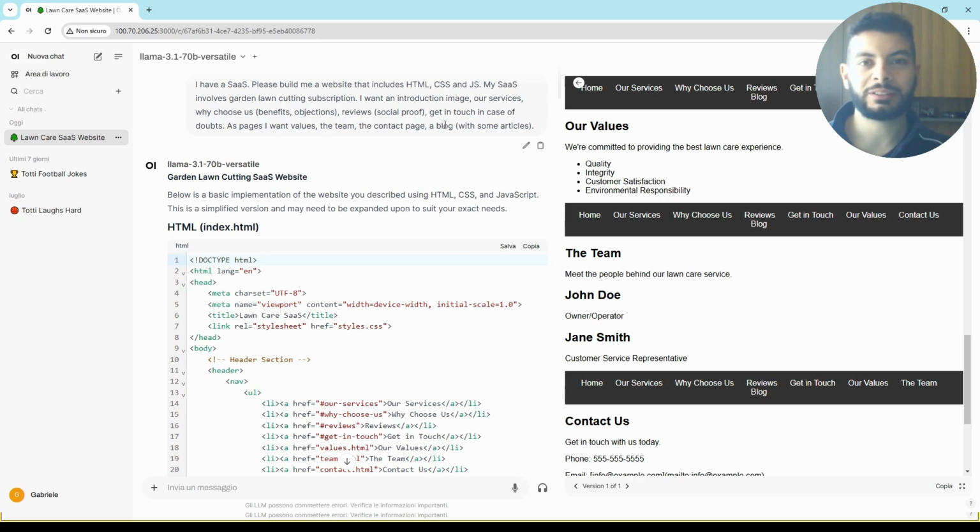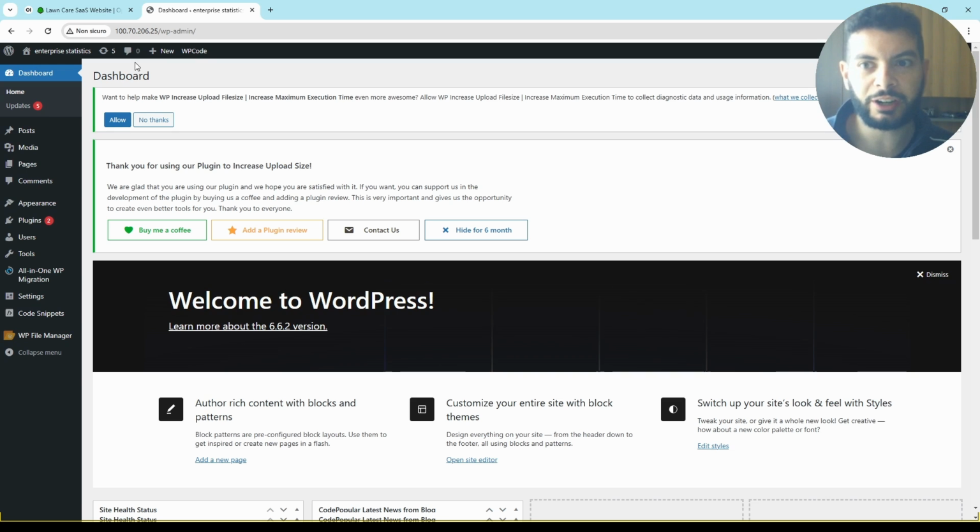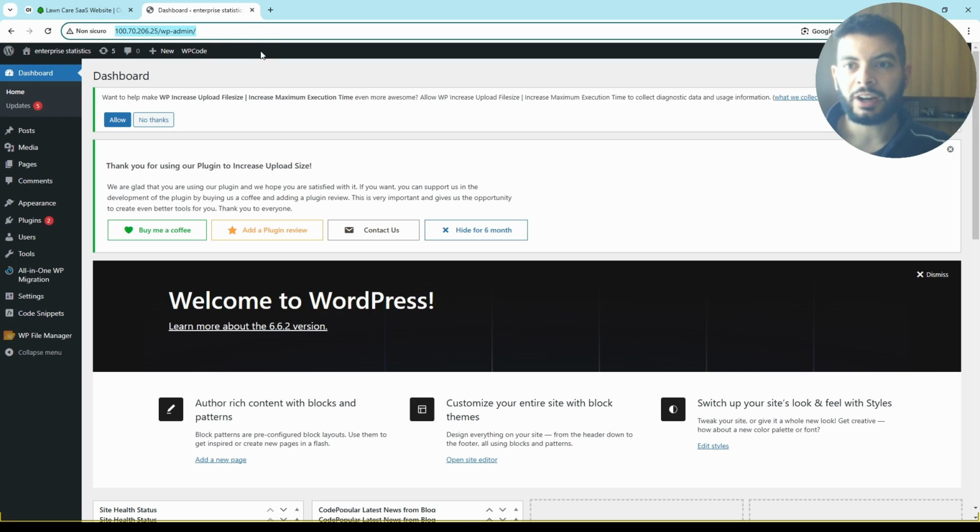And notice that models don't tell you that. Instead, if you contact some people or agencies, they say, look, this request is almost nonsense. It is better if you use WordPress. Here, of course, we are inside WordPress. You see that I host it locally and I didn't have to reinvent the wheel.